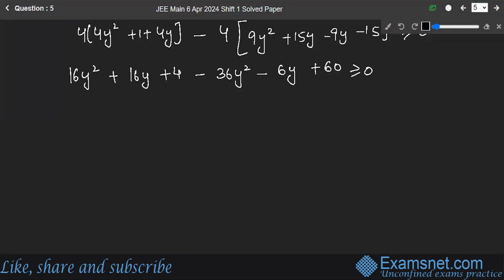Is positive. And this will be minus 20y squared. And this will be 16 and 8. This is 6 or 24. Here should be, so 6 into 4, 24. And this gives me minus 8y plus 64 is greater than or equal to 0. Dividing both sides by minus 4, this will give me